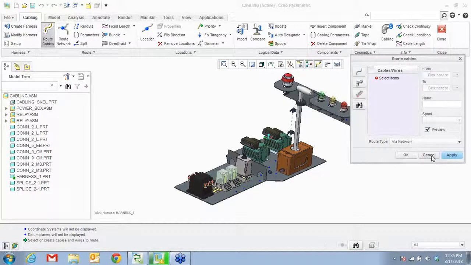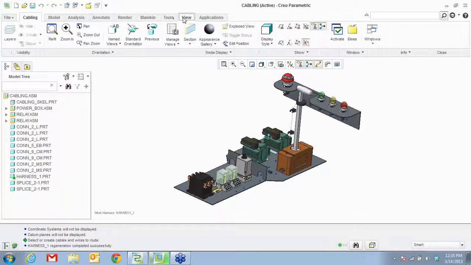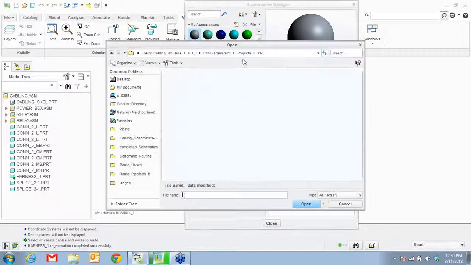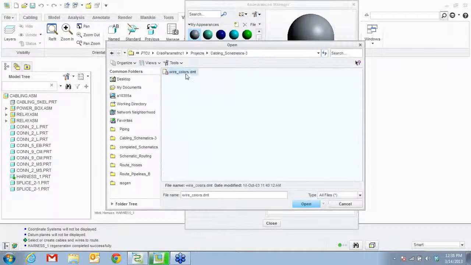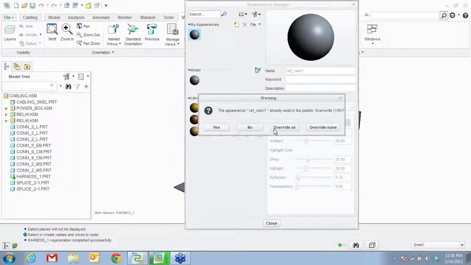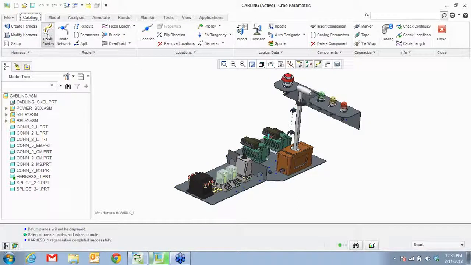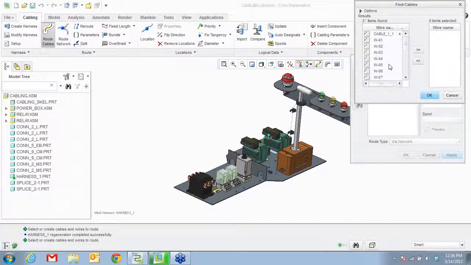Before that, I want to make sure that all my cables have the right colors. So I'm going to import my color file real quick. So those are my color files. So now I can go route cables. So you see cable, search,